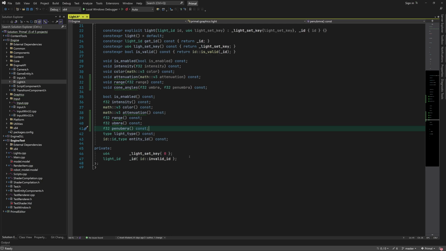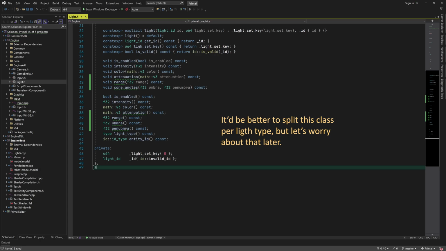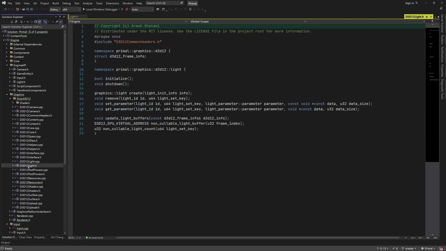In addition, the angle of umbra can never be greater than penumbra. These are all the setters and getters for our new light types. Before implementing these functions, let's add the data containers and write the code that will add, remove, and modify the